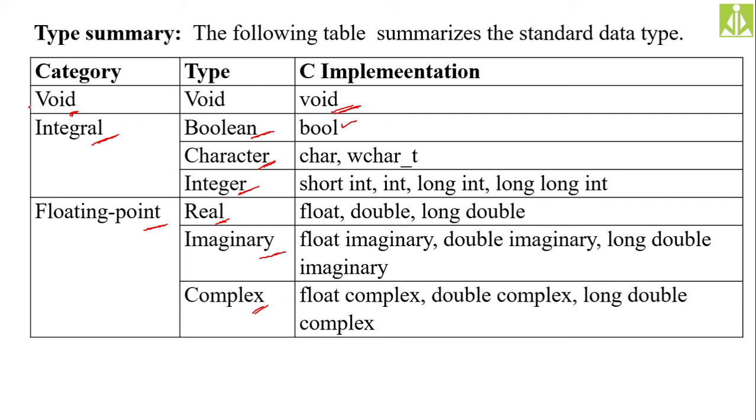As you can see, only three data type categories we are discussing over here, and there is another category, derived, that we are not discussing here. As we said, we will discuss the derived type throughout this semester. Okay, this is about data types. Then further we have the concept of variables.